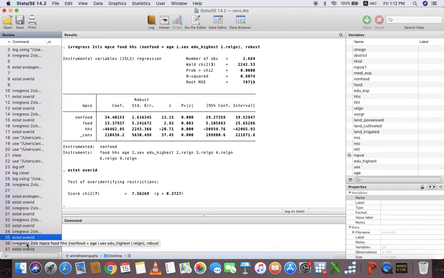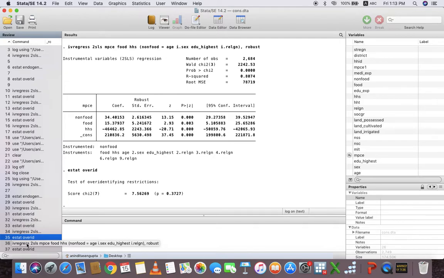So therefore the correct instruments are age, sex dummy, highest education and religion dummy. All these dummies are correct instruments for our non-food endogenous variable, and the correct robust command is used. So therefore our standard errors are also correct, they are robust standard errors.